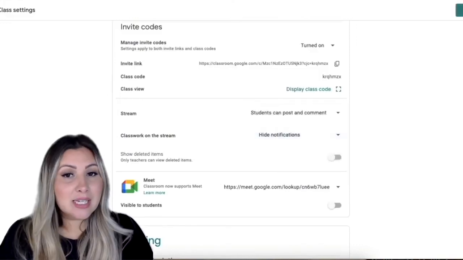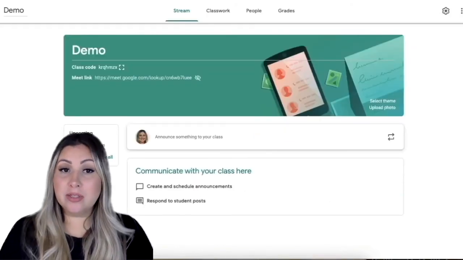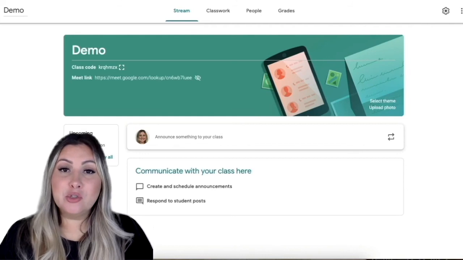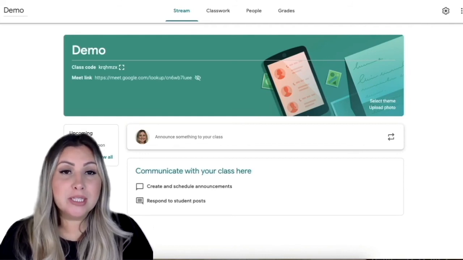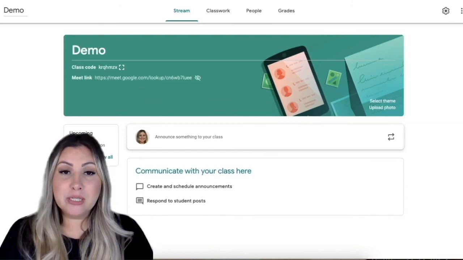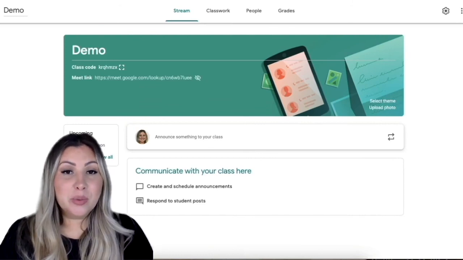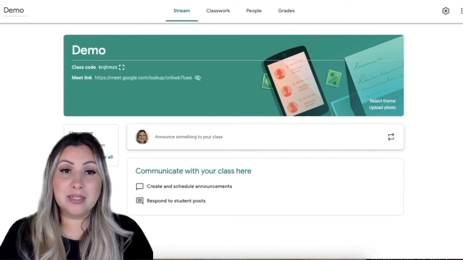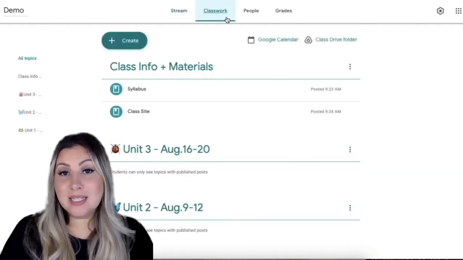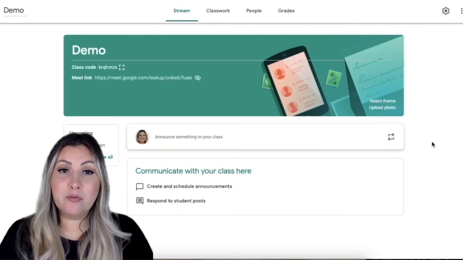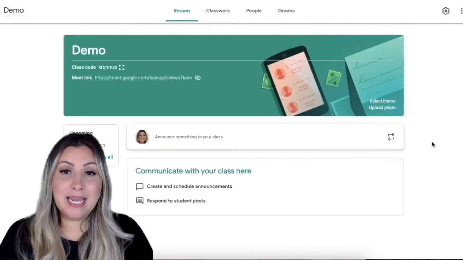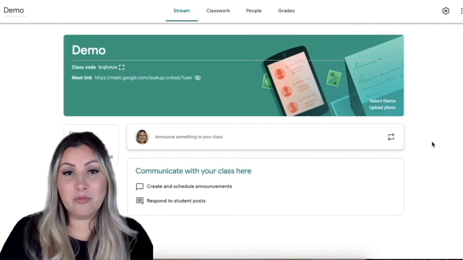Now, none of the assignments or materials you post on the classwork page will appear on the stream. This frees the stream section to be used purely as an announcement page and will reduce clutter for students and teachers. Doing this will also prevent students from looking in multiple places for their assignments. When you organize the classwork page and reserve the stream for important announcements, you've created a well-organized space and you've helped set your learners up for success.